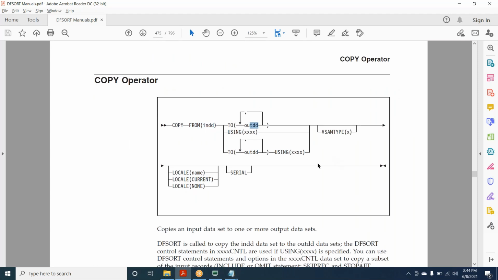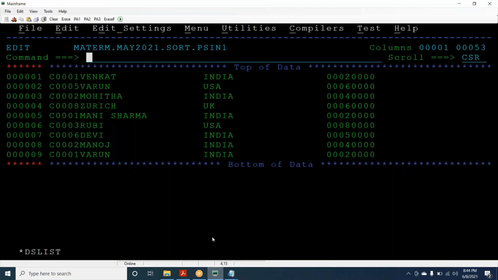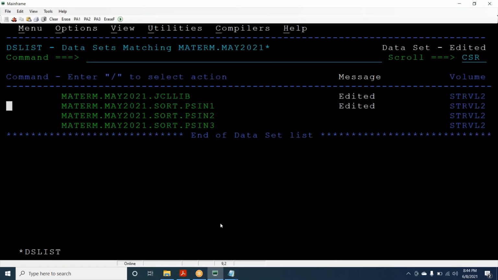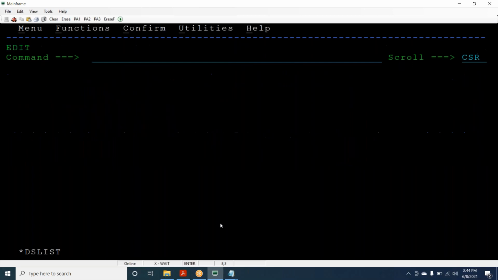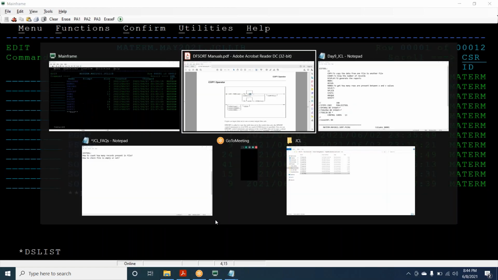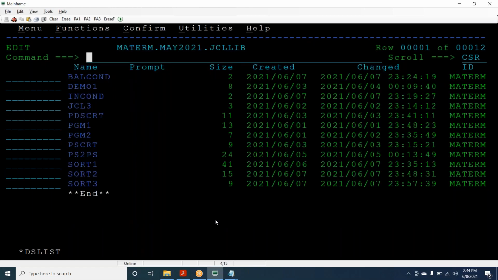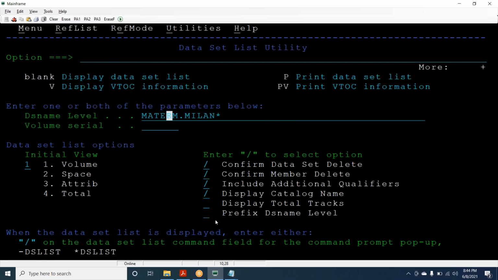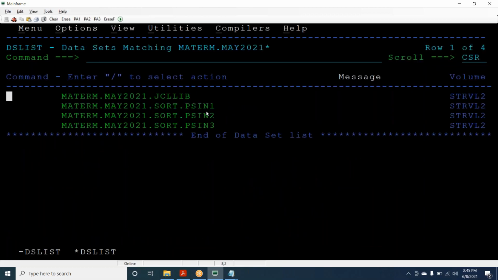If you're dealing with a VSAM file, then also we can do it. For the output file, I'm going to use May 2021. So PSN2 is the output file for us.